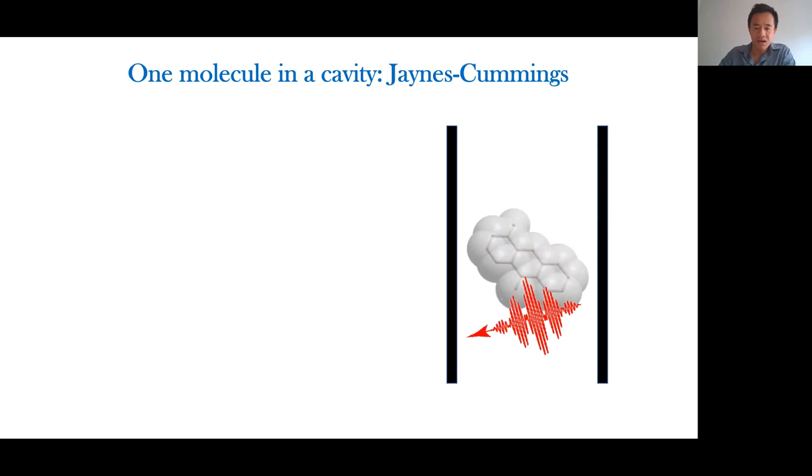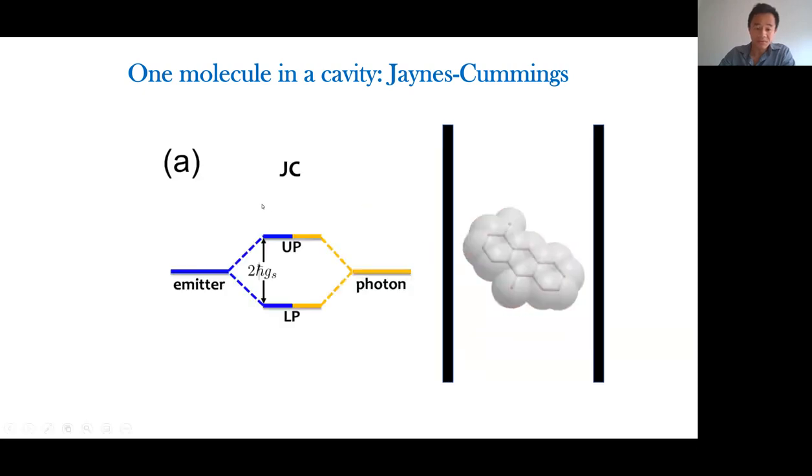of these individual excitations, right? So these are the upper and lower polaritons. Okay, so this G sub S, this individual light matter coupling, is normally very small, except in the case of,